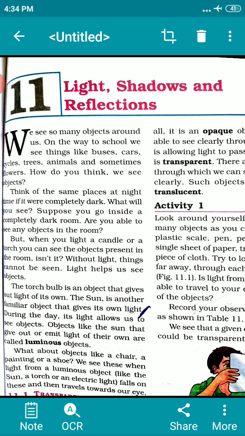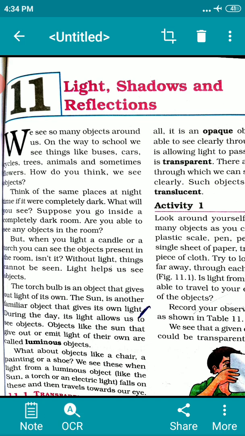The objects that give out light of their own are called luminous objects. Examples: sun, burning candle, torch, glowing electric bulb, tube light, and firefly, that is an insect, are examples of luminous objects.